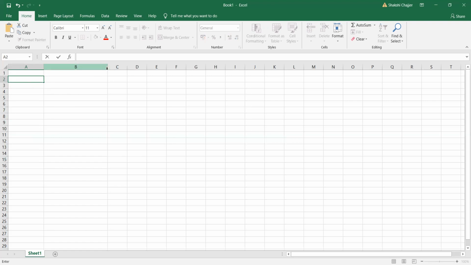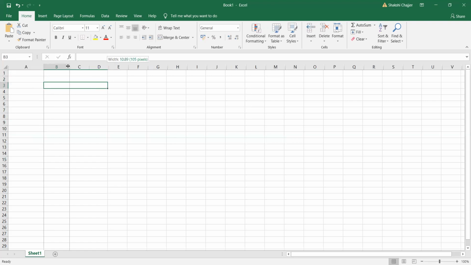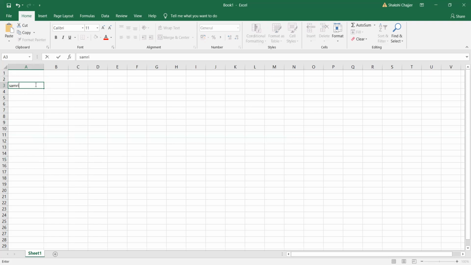Okay, so for marks card, what we are going to do is Samriddhi, Arun, Karun. Okay, so these are the students in our class.